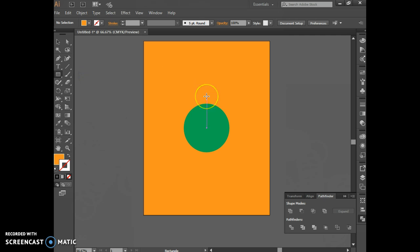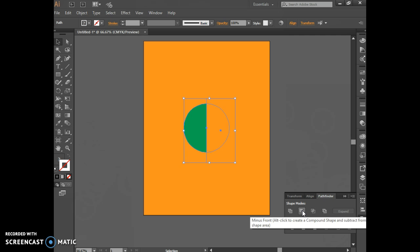I'm going to come in and hover over where about halfway of that shape is, wherever I want to cut it. Notice I get that pink line. That's where I'm going to click and drag a box over. I'm then going to select, oops, sorry, let me select both of them. I select that one, shift, and that one. So I'm good to go there. I've got two items selected, not the background. And I'm going to come over to my Pathfinder and find minus the front. That's how I get my half